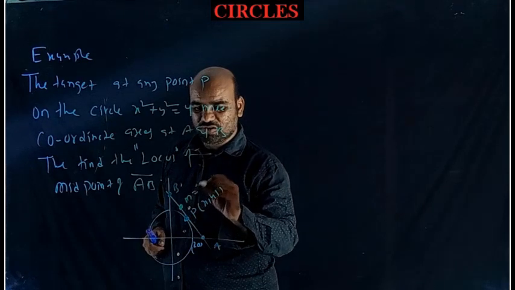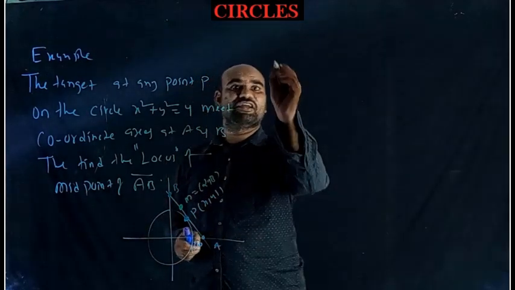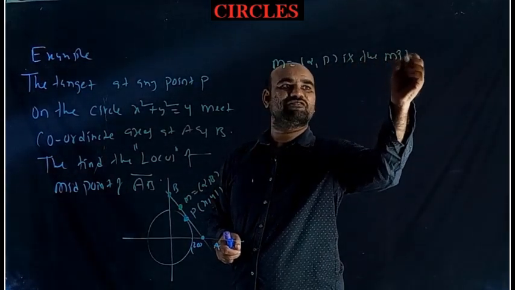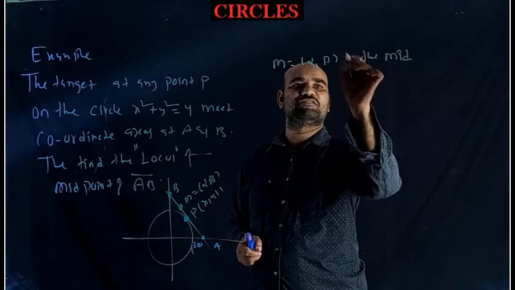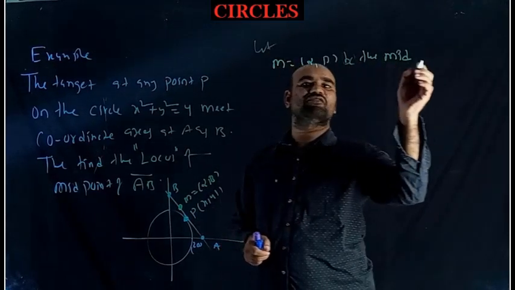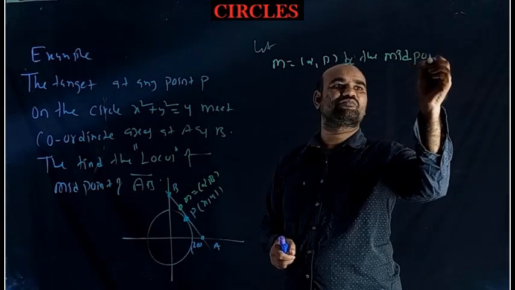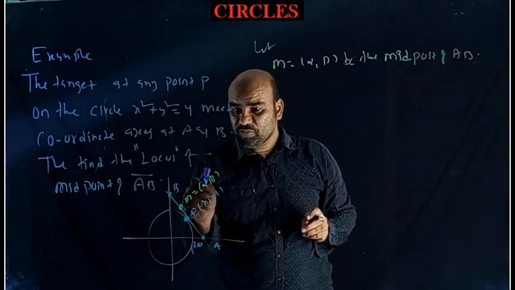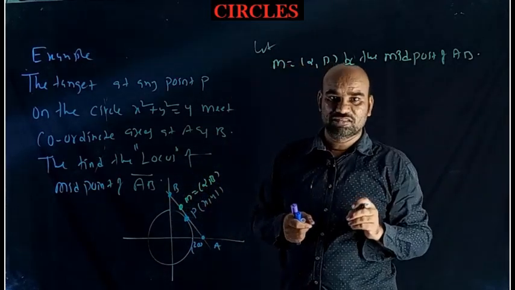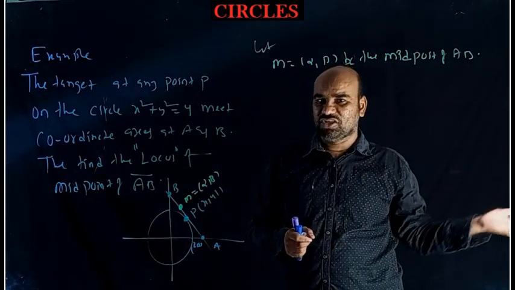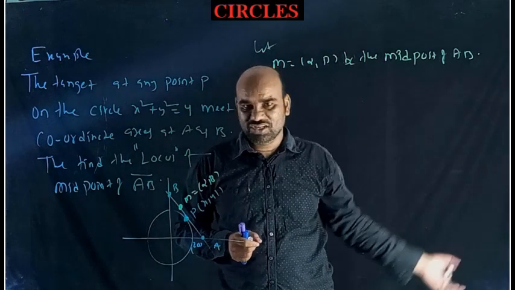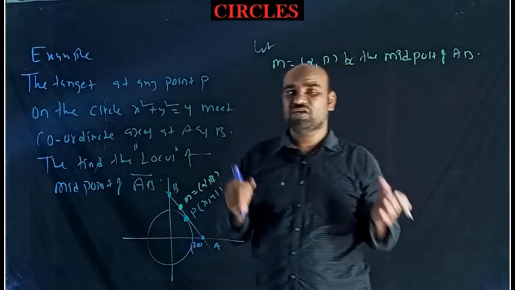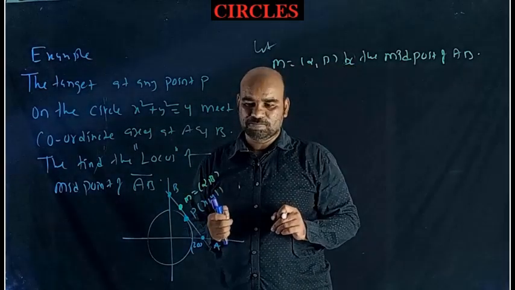Say M equal to (alpha, beta) is the midpoint of AB. Alpha and beta are varying. Locus equation of midpoint means you want to create the relationship between alpha and beta. So you get some relation, like alpha square plus beta square equal to 3. So at last I will write x square plus y square equal to 3 is the required locus. Instead of alpha I will write x, instead of beta I will write y at last. But initially you want to find the relationship between alpha and beta. Okay, interesting problem.